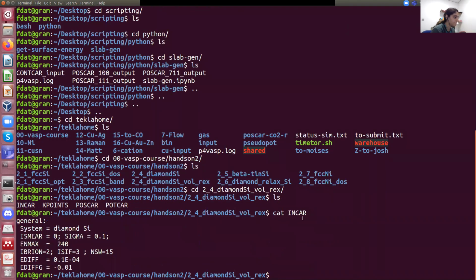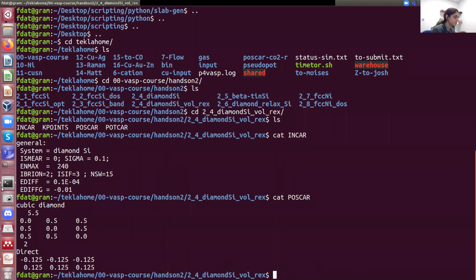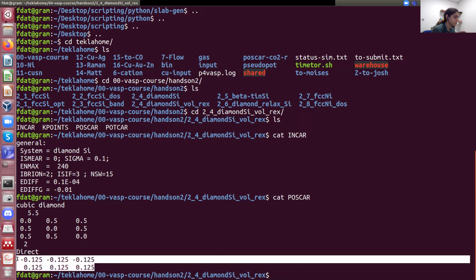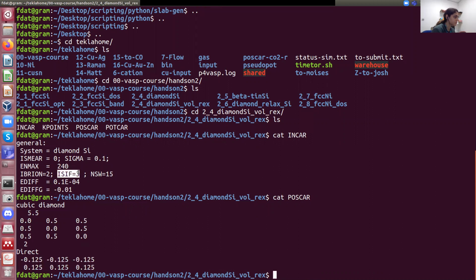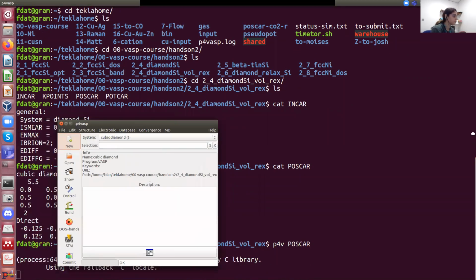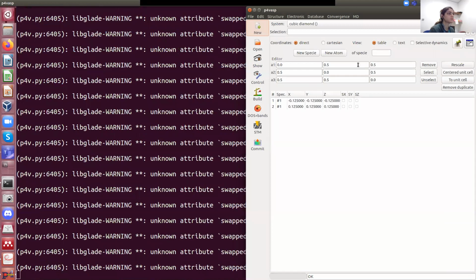So as you see, INCAR, like ECIF 3, but apart from ECIF 3 in the INCAR, you also need to make sure... Well, actually here it's okay, I think. Yeah, here it's okay because you are relaxing from ECIF 3, okay? But in general, in the future, what you will need to do is to make sure that these are selective dynamics. I'll show you because it's easier. In the future, you will need to open the POSCAR with Python for VASP, then go to build, and then click on selective dynamics.